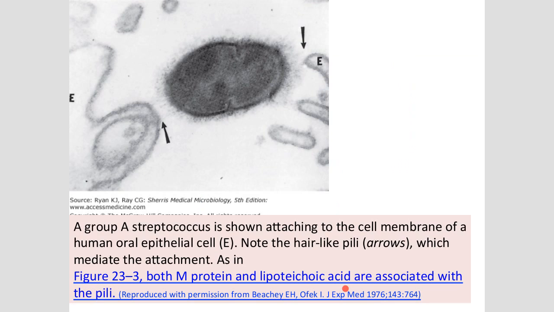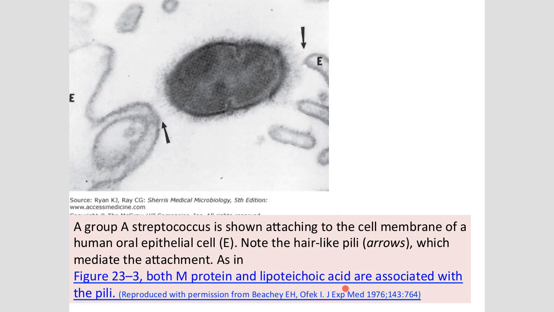Okay, so you can again see an EM picture of M protein in this case. You can see from here the structural elements. These are epithelial cells. E is an epithelial cell, and you can see all those, because in the cartoon you just probably saw one F protein or M protein hanging out, so you thought maybe there's only one. But in reality, if you look under the electron micrograph, you will see it's like a hairy structure. You see all these hairy structures? Tons of them,